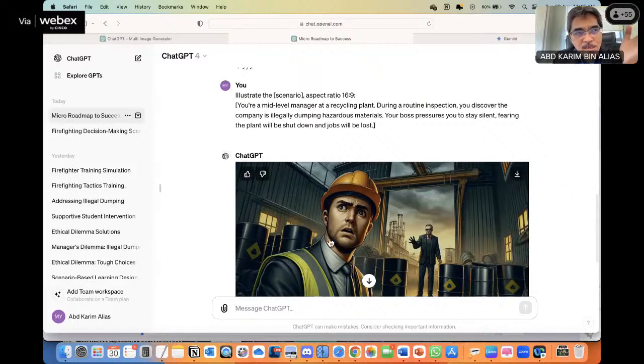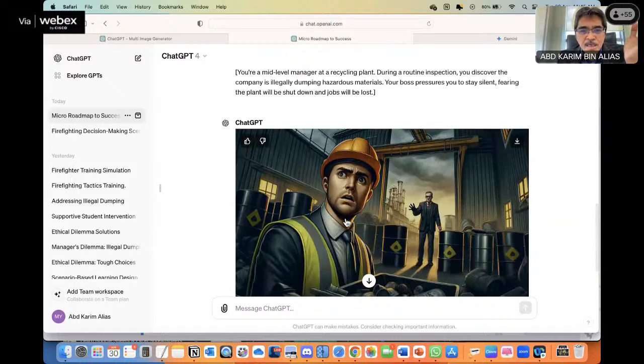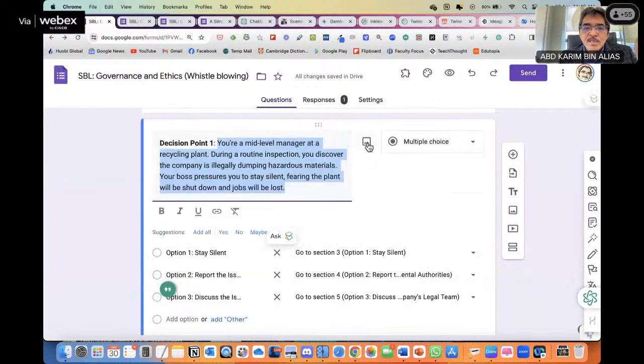Actually, ChatGPT uses DALL-E. DALL-E is actually quite smart to interpret the story or the prompt, and it is actually better than Midjourney in terms of interpreting the scenario, what we want. But of course, the quality of image in Midjourney is way better. But to me, for all intents and purposes, it is good enough. Okay, and then all I need to do now is insert image.